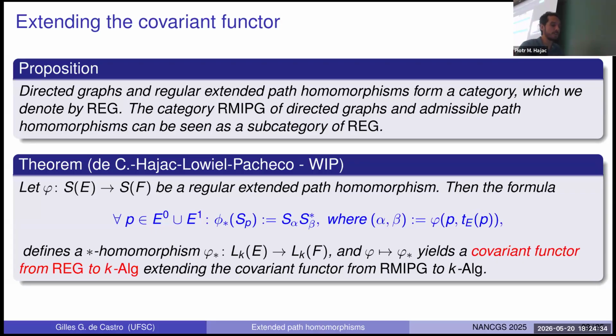This is something that we're going to do in the future, that we want to unify both this extended version and the relation morphism version into just one of them. But for now, we are just taking one step forward, which is just looking at this extension of the covariant functor. And another thing is that we can also see this using groupoids, as I said, I didn't write this in the slides,